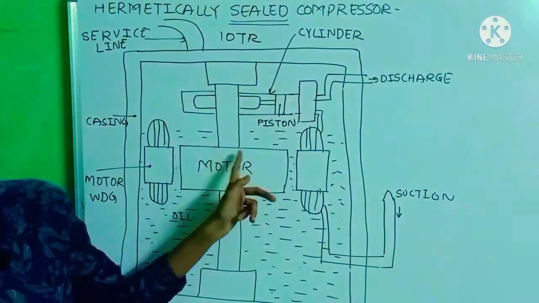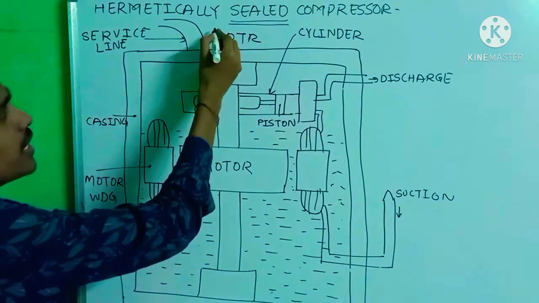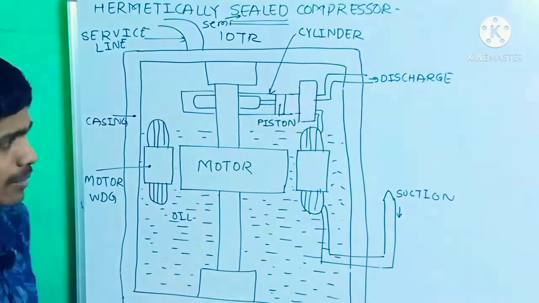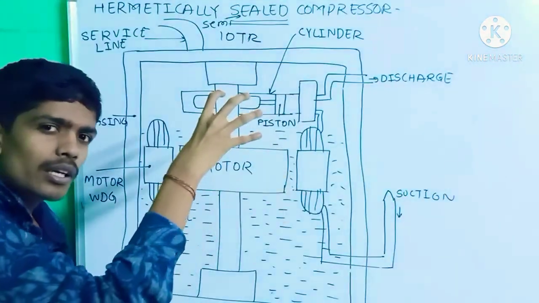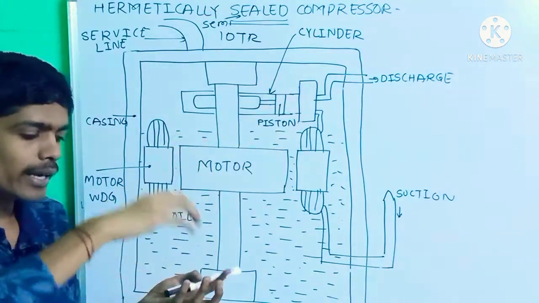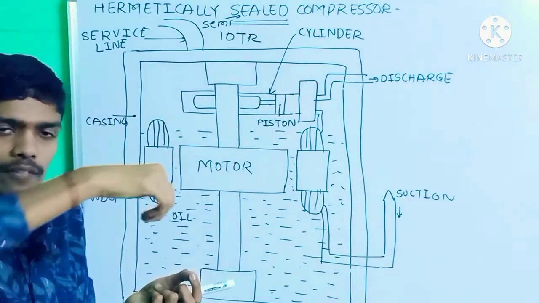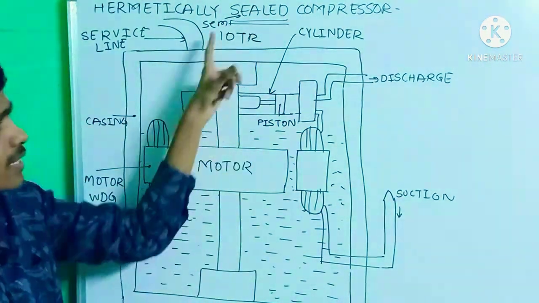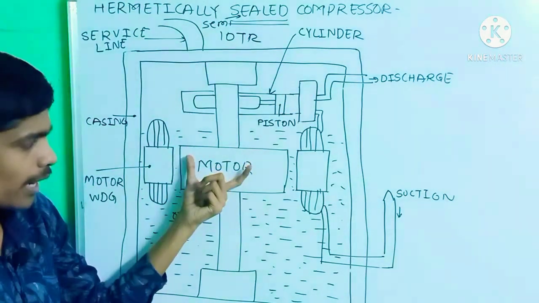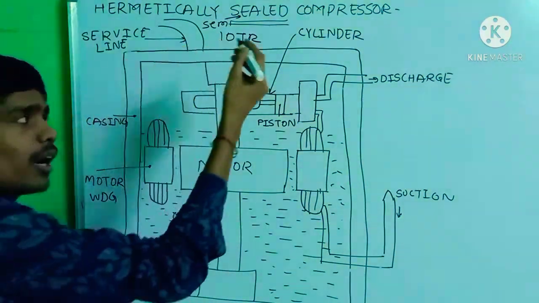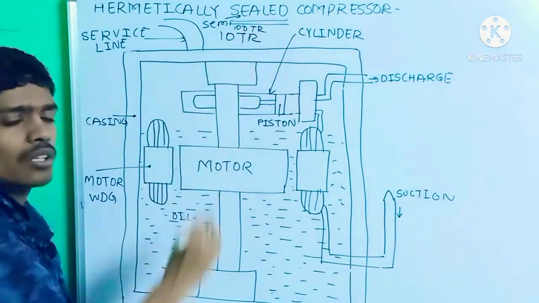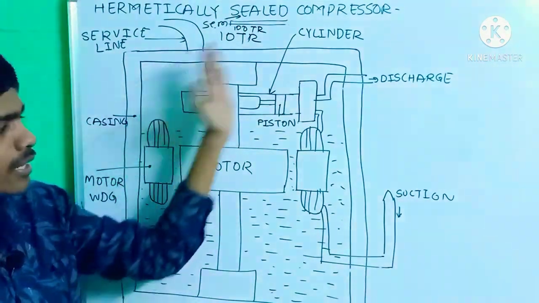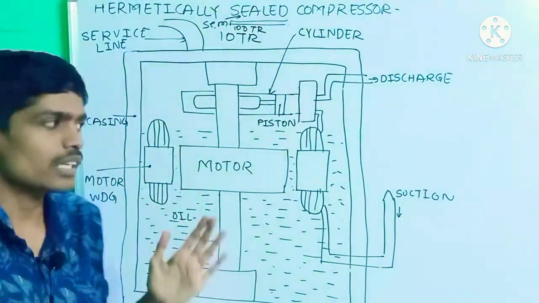So in order to overcome this difficulty, semi-sealed compressors can be used. What is this semi-sealed compressor? Semi-sealed means your motor and compressor will be in a single casing as in hermetically sealed, but the upper side of the casing has 4 screws. We can remove those screws, remove the casing, and repair whatever we want. That is the semi-sealed compressor. These semi-sealed compressors are available up to 100 ton of refrigeration. So this was the hermetically sealed compressor. Mostly in refrigerators you can see it is generally used at